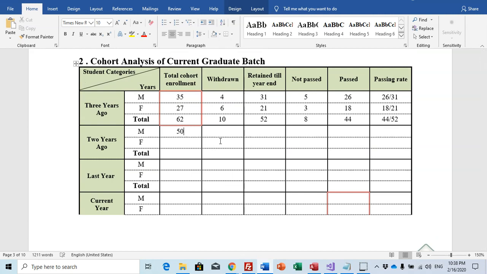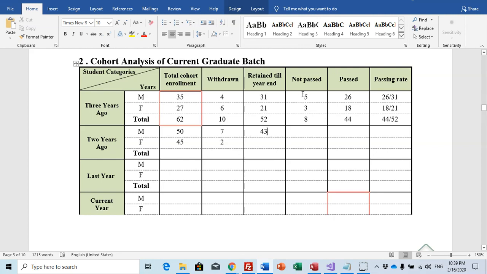Your total cohort enrollment 50. This is the enrollment, and as you see, female maybe 45, we have 7, we have 2, and we have 43. There is one question.